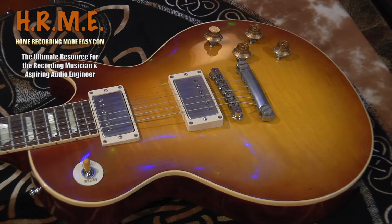So, for example, there's no coil tapping or coil splitting on the tone and volume knobs on this. It's just straight up the top hat knobs. You can see that the toggle cap there is the old yellowish color, not the white color toggle switch cap that they use today. The pickup rings, even the pickup rings are the same dimensions and I guess the same